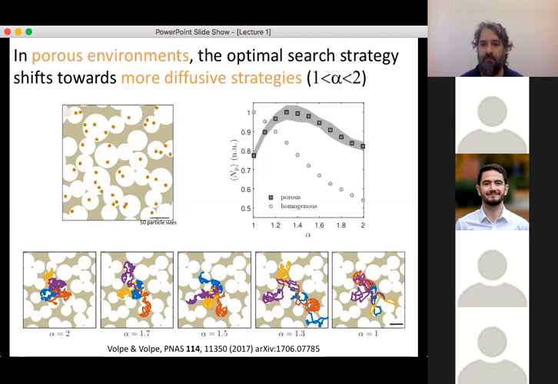A follow-up question about the slide. I want to clarify that when alpha is equal to 2, does it mean this is a pure random, pure Brownian motion, right? In this case, yes. Okay. How about alpha equal to 1? Alpha equal 1 is Levy walk, essentially. Levy walk. Okay. Yeah. And here, alpha equal 2 in reality is equivalent to a Brownian motion, but to be on the